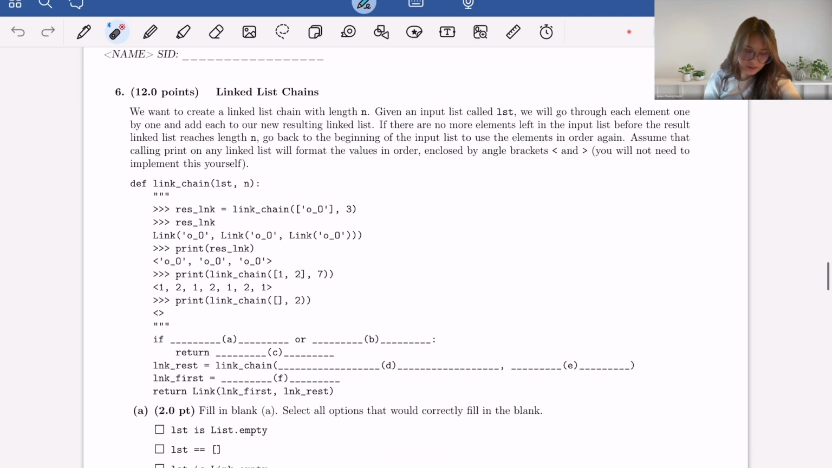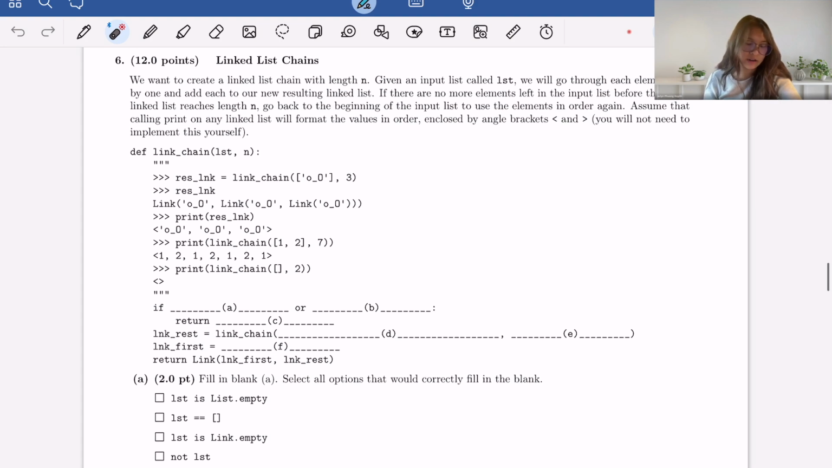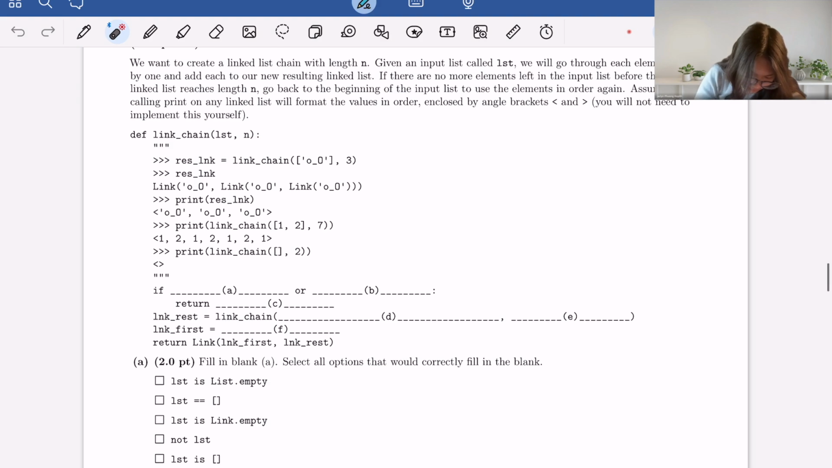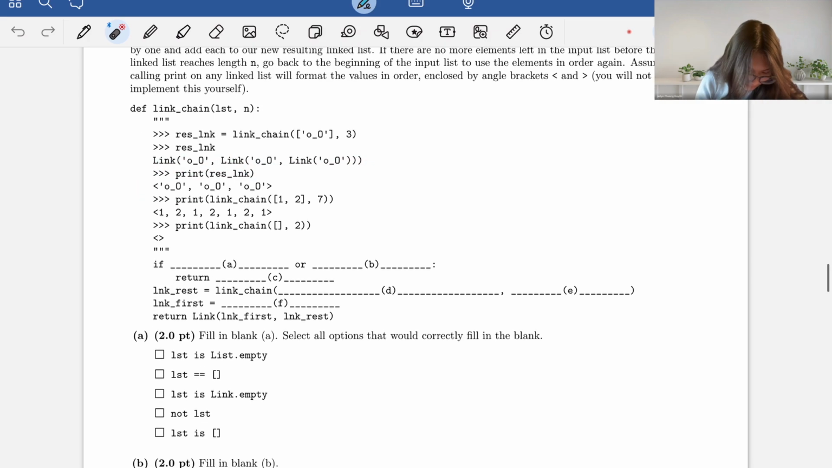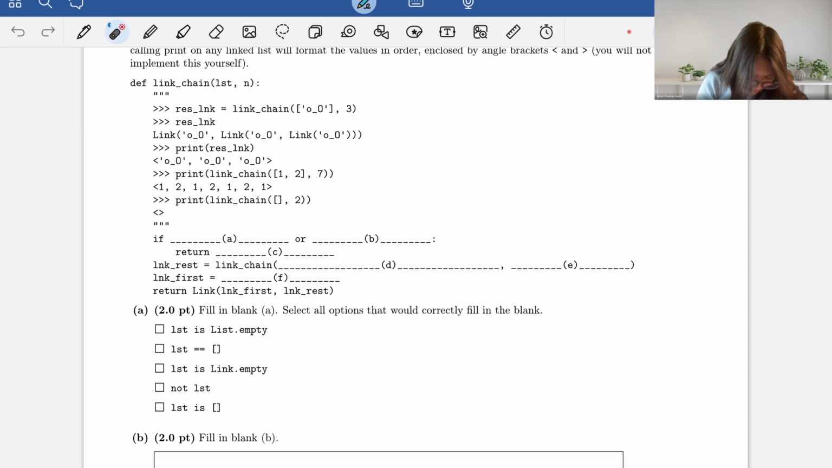So let's go through the doc tests to get an understanding of what this function should be doing. As you can see, we are given two parameters, which is a list and a number n. And in this first doc test, we could see that our list is this element, and we want to call linked chain essentially three times recursively to create a linked list with three chains. And if we print it out, we could see that the angle brackets are here